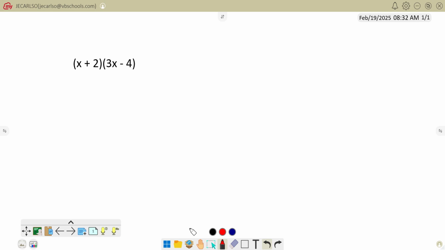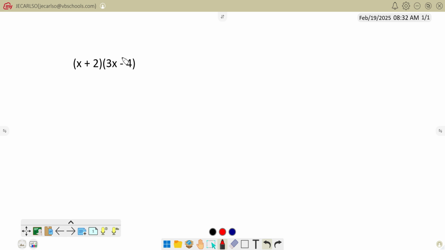Multiply two binomials together. These are binomials because they have two terms each. And we're going to multiply these two different ways. One is by distributing, and the other way is using an area model, also called a box model. So when I look at this problem, my goal is to multiply this first expression entirely to the second expression